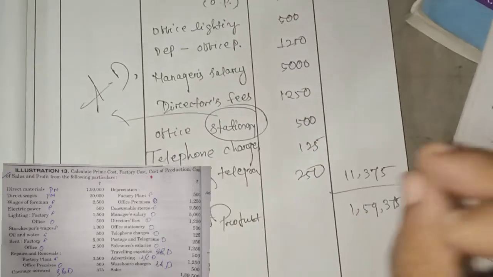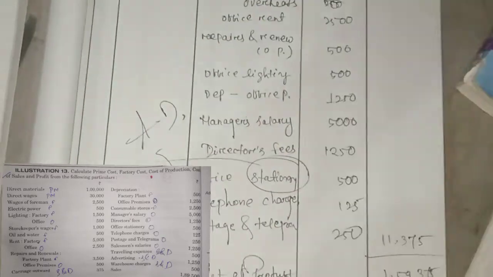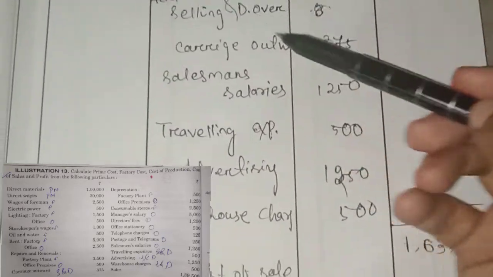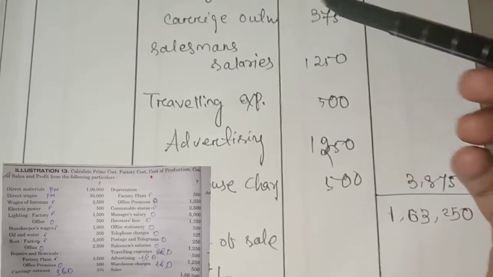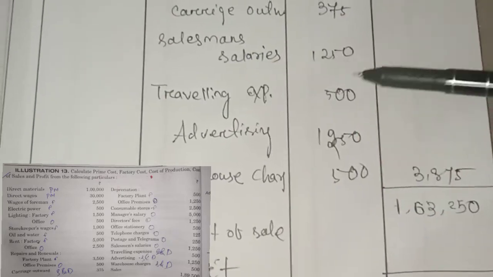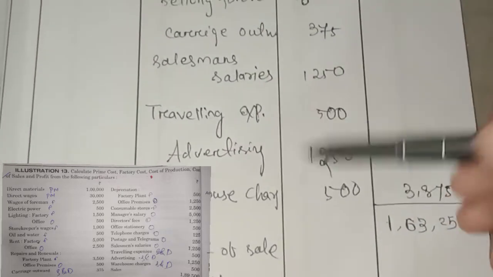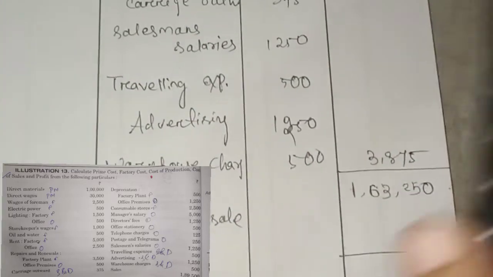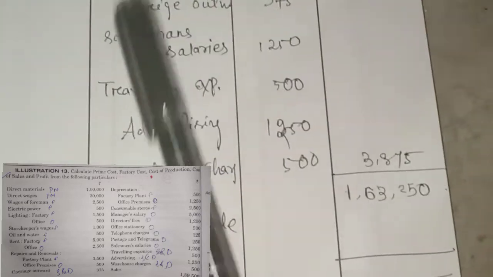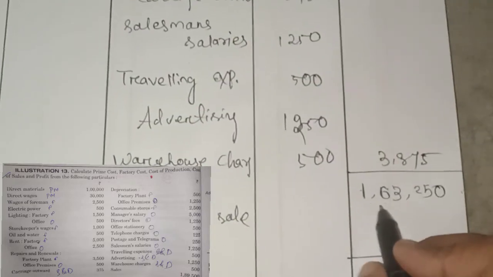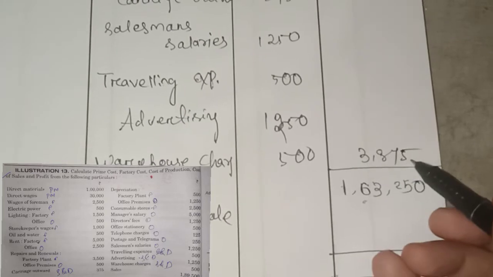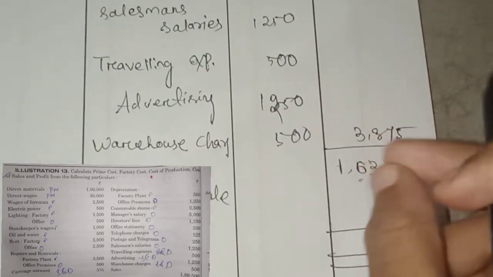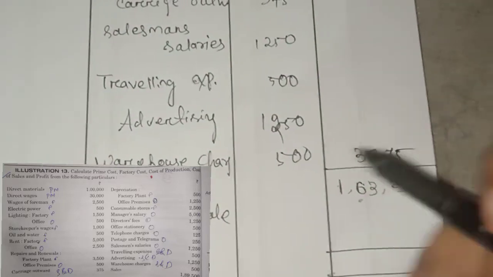We are going to add selling and distribution overheads. So quickly write that down. As you can see, I wrote everything of selling and distribution overheads: carriage outward, salesman salary, travelling expenses, advertisement. After writing all the things, underlining the question, the sales is 1,89,500. So here our selling and distribution is 3,875, and previous is 1,59,375, right? So total is